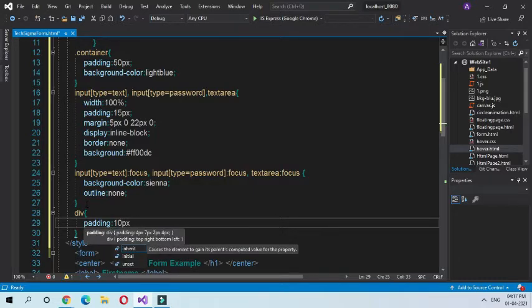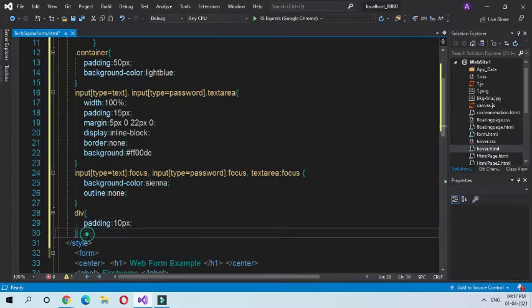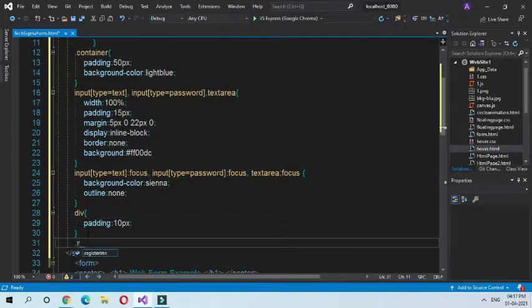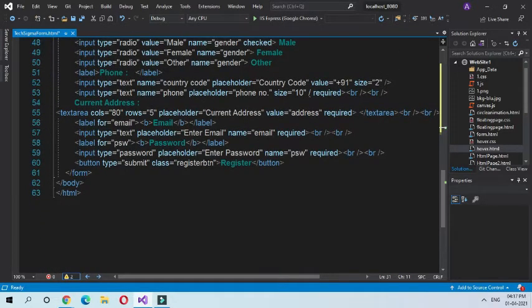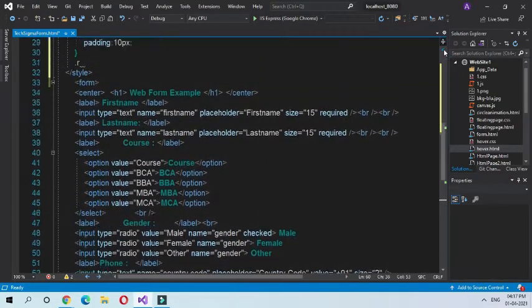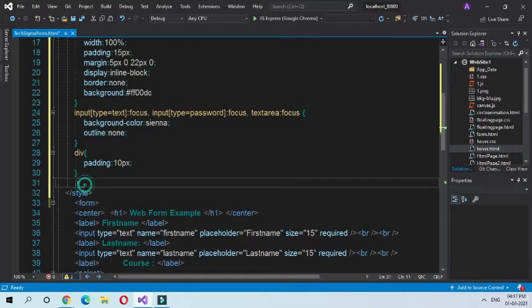Now take another class for our register button. That register button class we had given in our lab, this one is the register button class. Copy this and paste it here, register button.